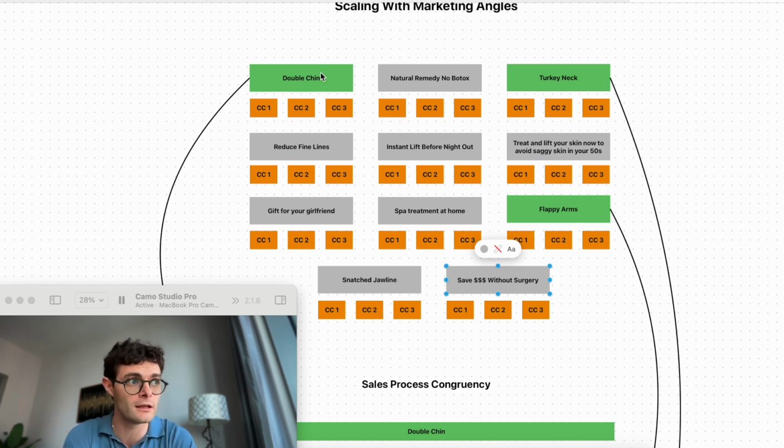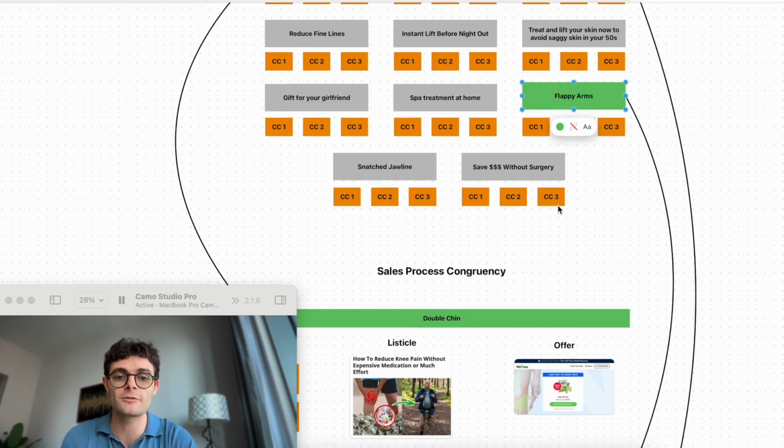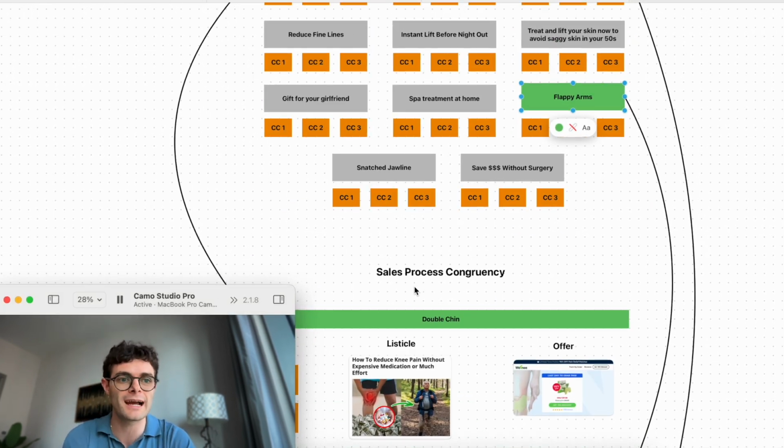And so what they're going to see is that as they scale, they're essentially personalizing and tripling down and 10xing and 100xing on what basically these green angles are, the ones that are proven to work. So in this example, it's like double chin, turkey neck, and flappy arms based on what I've seen. And so guess what happens? They personalize their entire funnel